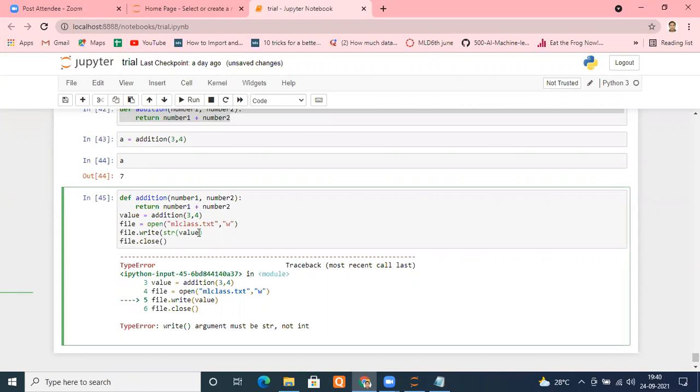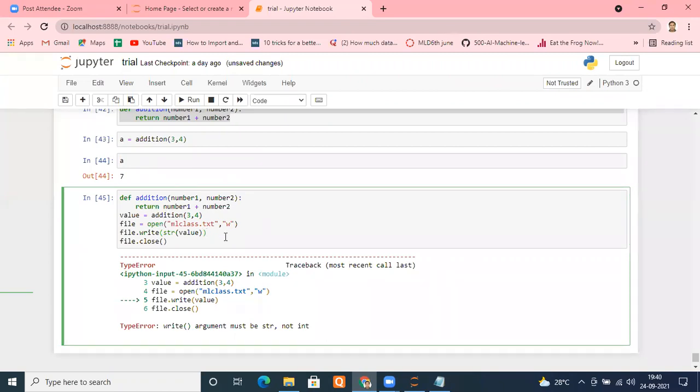When I want to store the value, then why should it be in the read mode? Getting my point? We want to save the value now. When we want to write something on the file, then why should it be in the read mode? Tell me. When I'm writing onto the copy, should it be reading mode or write mode? Write mode. Yeah, that's okay.